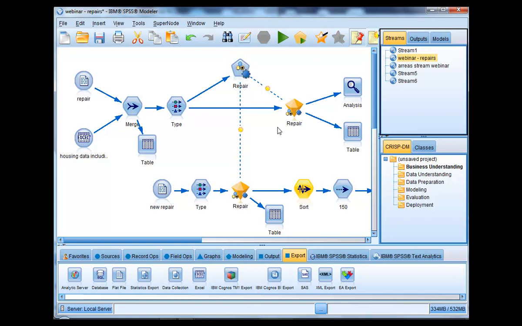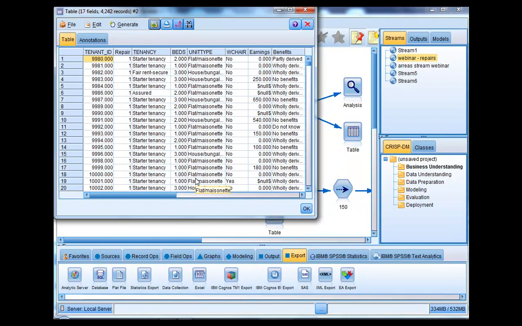So in a very similar situation as to our previous stream we just built, we've brought in our data and merged it together and created one view of our properties. So what I'll do is I'll run the table just so we can get a feel for what our data set looks like. So again, we've got the tenant ID, as that's how we determine our properties, looking at the